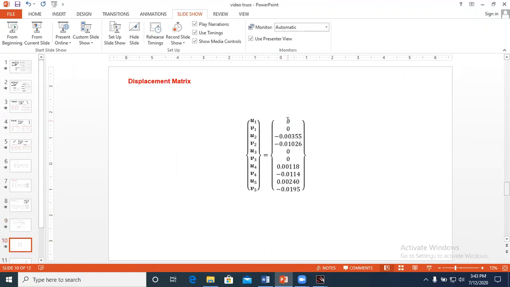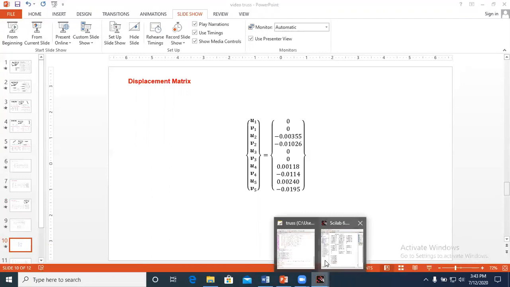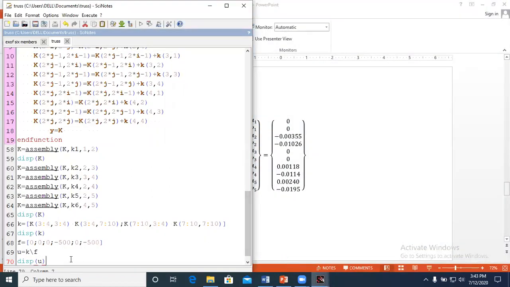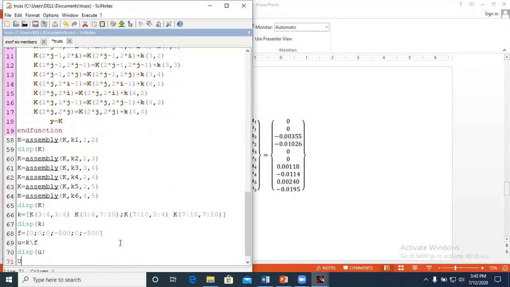That is, first displacements are 0, 0. This is also support 0, 0. That means you write the 10 by 1 matrix. How can you write the 10 by 1 matrix? I will use capital U. U is equal to